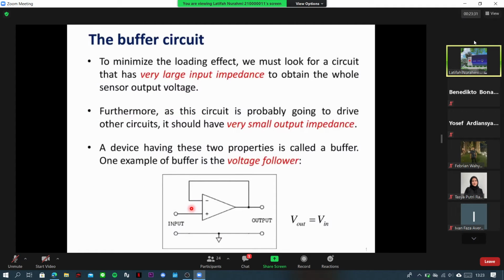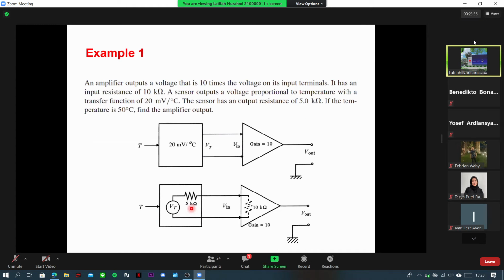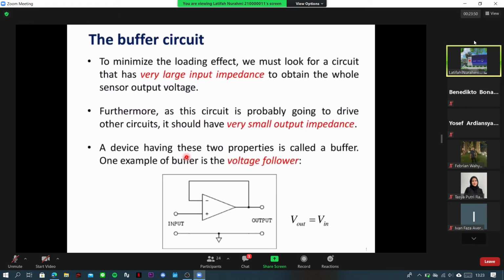All right, that is the loading effect. You can see that there is the effect from the amplifier, and there is the effect from the sensor as well. If you have many elements in the system, you will have to multiply the gain from each element. Okay, now let's continue with